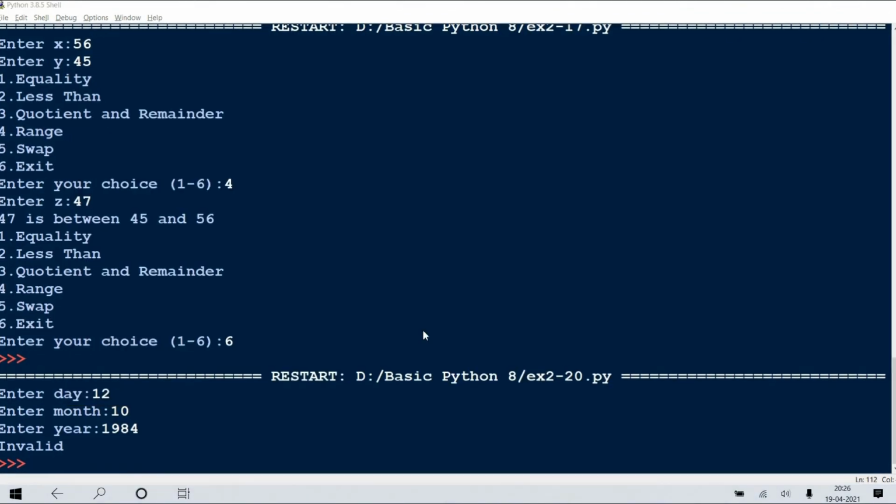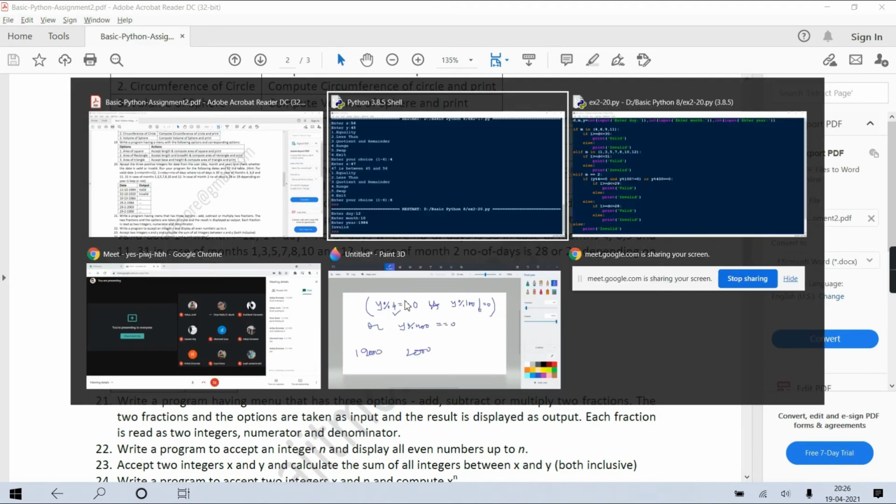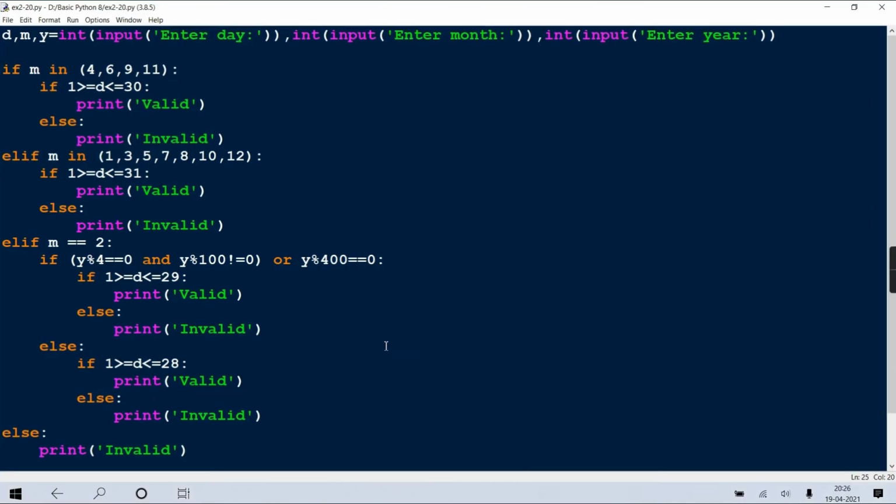But 1984, is 1984 divisible by 4? Yes, it is divisible, means it is valid. I might have done something wrong. Just try to check it if you can find out.